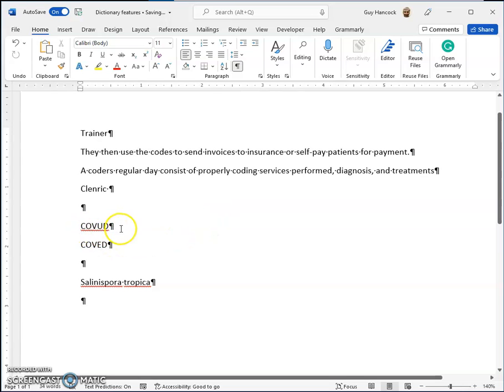So here we have a couple of words that are supposed to be COVID but are both incorrect. Now one is flagged and the other one is not, because coved is an actual word. So that's in the regular dictionary, and Word does not see any problem with that. And then we have a name of a bacteria down here that is flagged, and I'd like to add that to the dictionary. But so I'm going to go to the dictionary